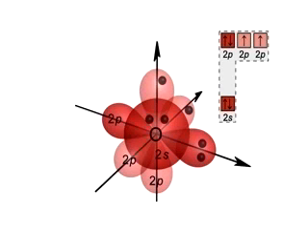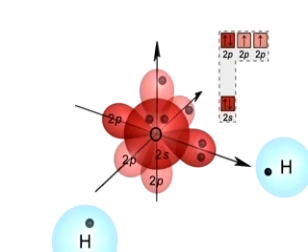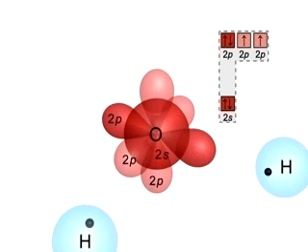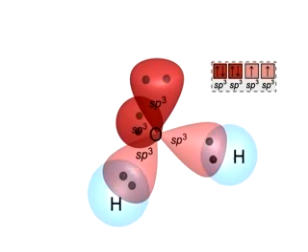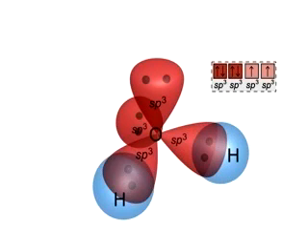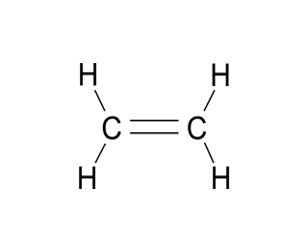In the water molecule, the oxygen has undergone sp3 hybridization. Two of the sp3 orbitals are filled with lone pairs, and the H atoms overlap the other two to form two OH bonds. Carbon is most commonly at the center of a tetrahedral grouping of single-bonded atoms, but it also